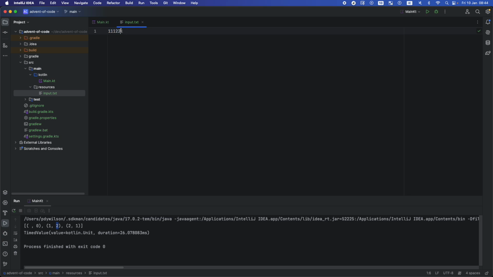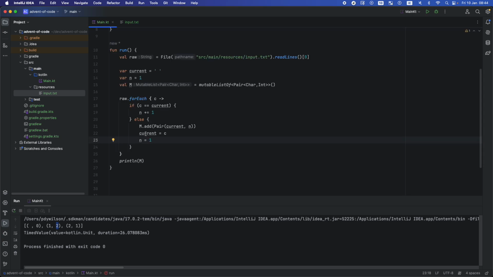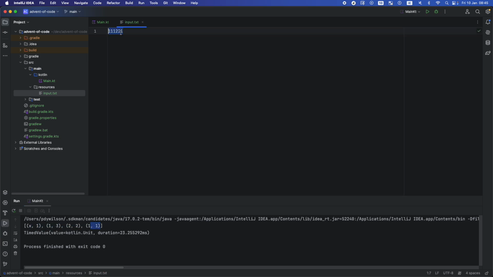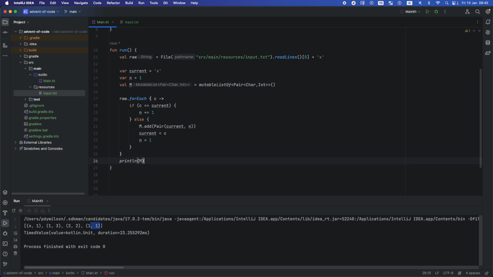No, yeah, and then we have one more 1. One thing that we can do to fix that last problem is just add a buffer at the end. Or we can do something else like X. That'll make it easy to filter things out. Okay, 1 3, 2 2s, and 1 1, right? Cool, now we just have to